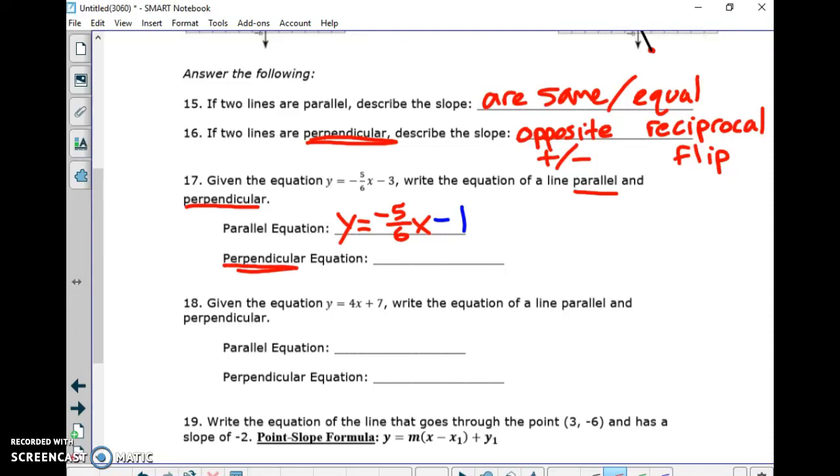But for perpendicular, that's the one where you have to do the opposite reciprocal. Okay, so opposite reciprocal. So y equals, the opposite of negative is positive, and the reciprocal, the flip of 5 over 6 is 6 over 5. Okay, so just to be consistent here, it's going to be in blue. 6 divided by 5. That's my new slope. X, and then we'll keep the same y-intercept, but this could be different, doesn't matter. Okay, and we'll do the other on another